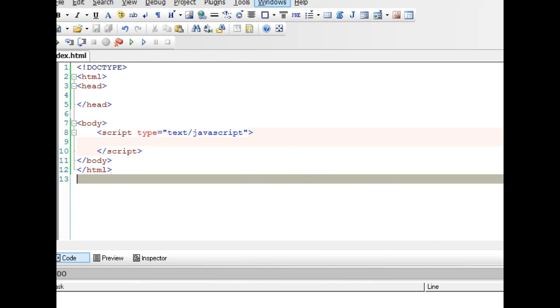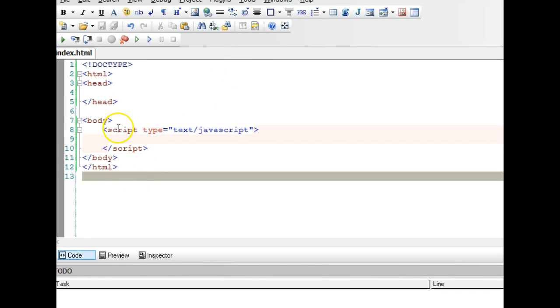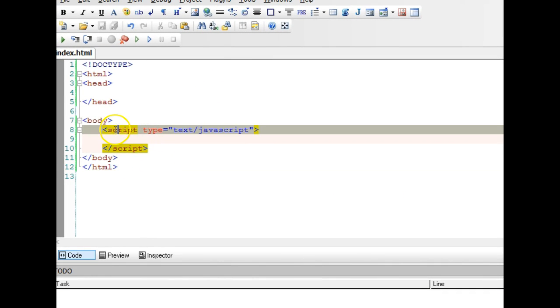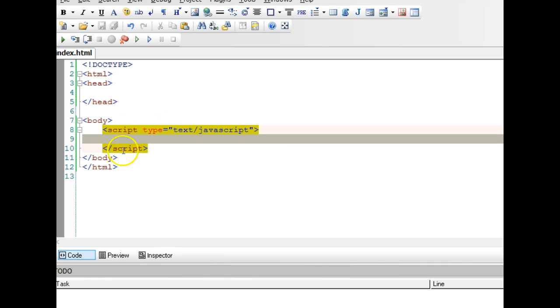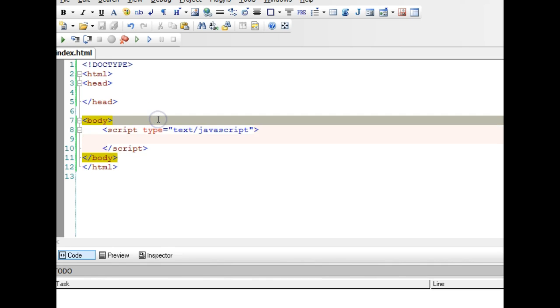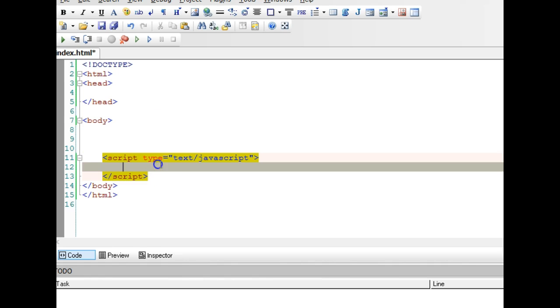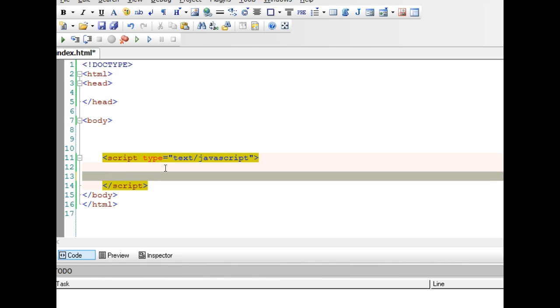So this is our index.html file, and we have this. This helps us to run JavaScript code. So if you want to run JavaScript code directly inside your HTML file, this is where you type it. Alright, and I'll start typing. I'll create a function. A function is basically,